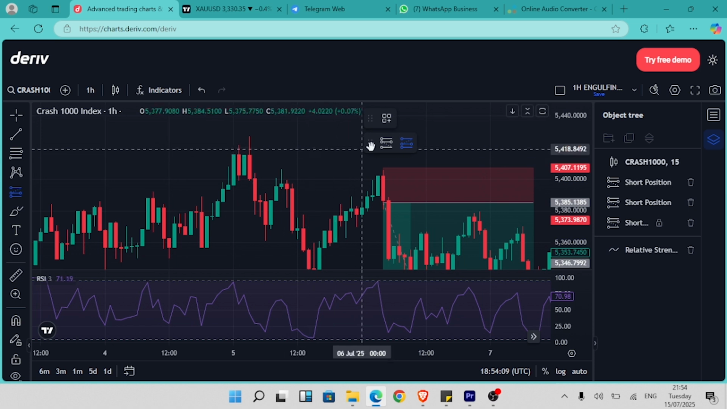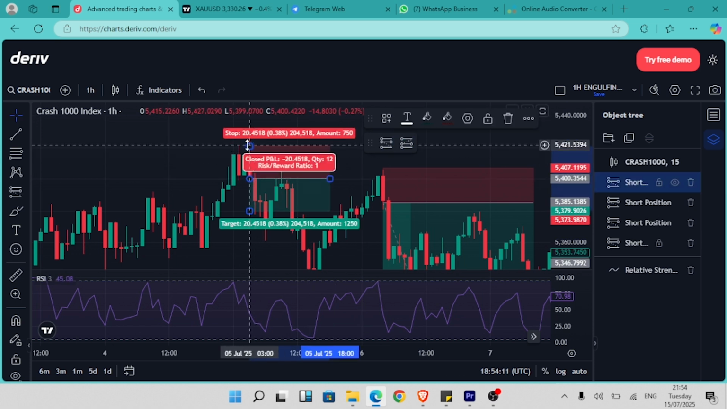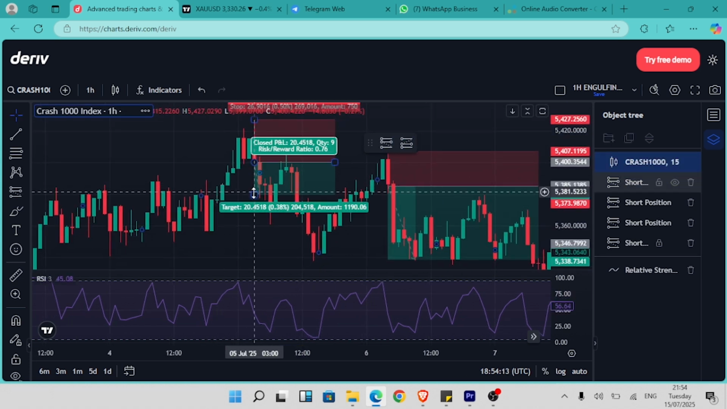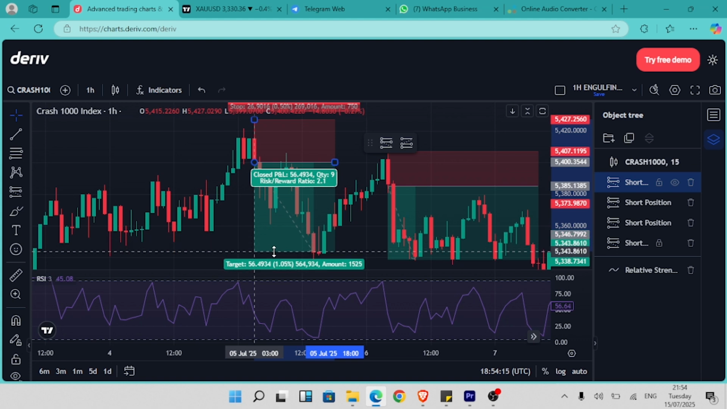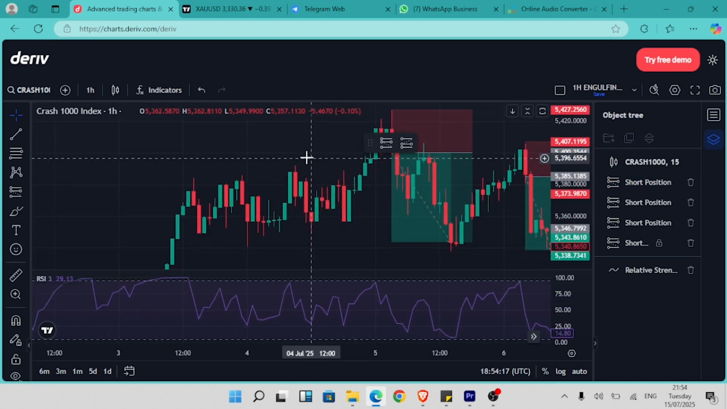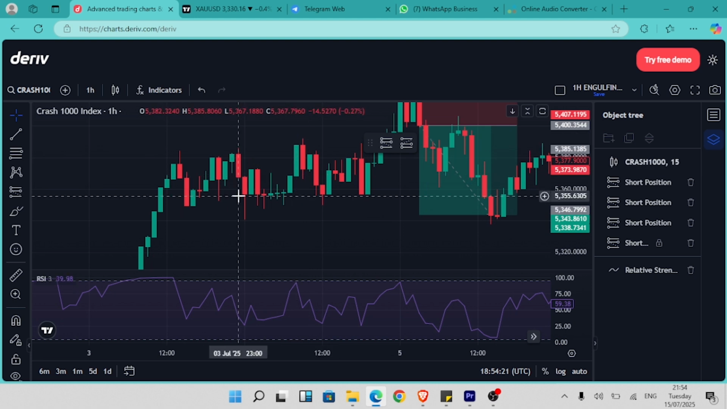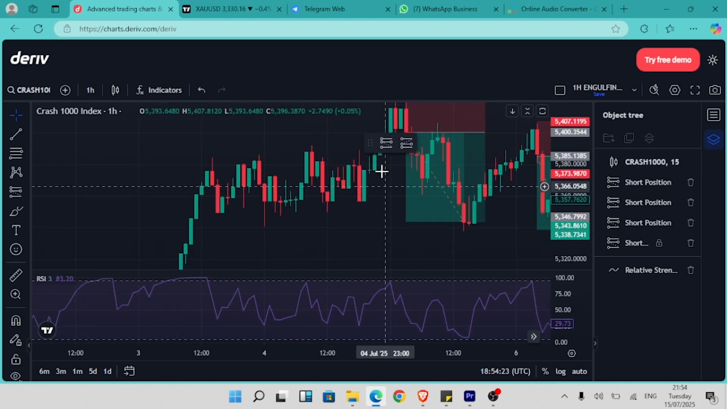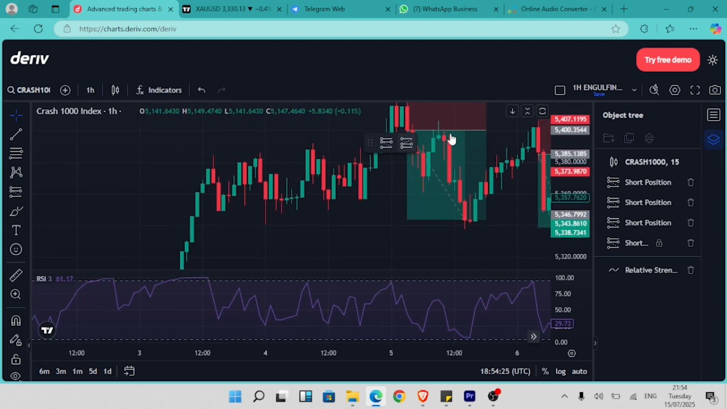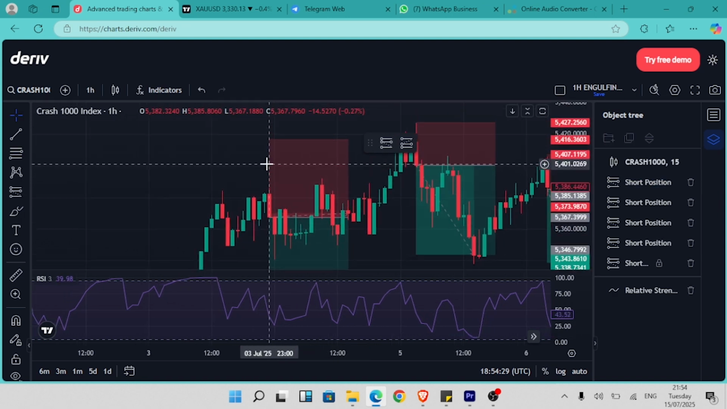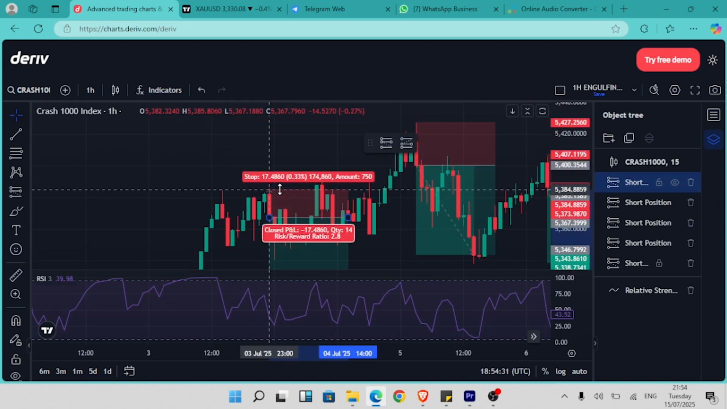You can see another opportunity happened here. 1 to 2 right there. Let's try and get another one. This was not engulfing, this was engulfing. Now, in a situation whereby you get to close a trade in a loss, maybe this can be an example